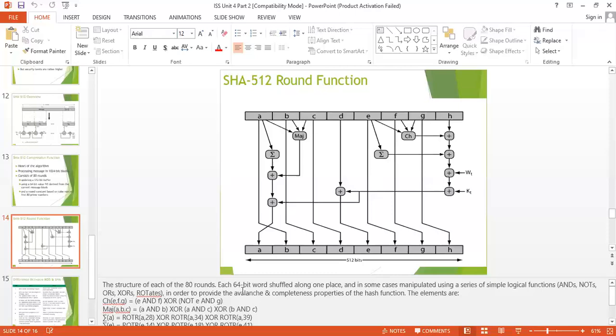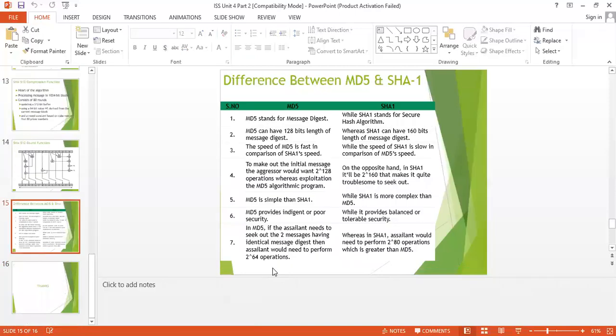So now we compare the secure hash algorithm and MD5. There are some basic differences. MD5 is called the message digest, and SHA is called the secure hash algorithm. The message digest length of MD5 is 128 bits, and the secure hash algorithm produces a 160-bit message digest. In speed, MD5 is fast and SHA is slow.